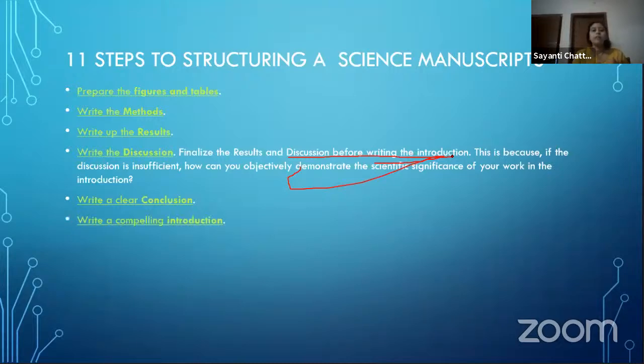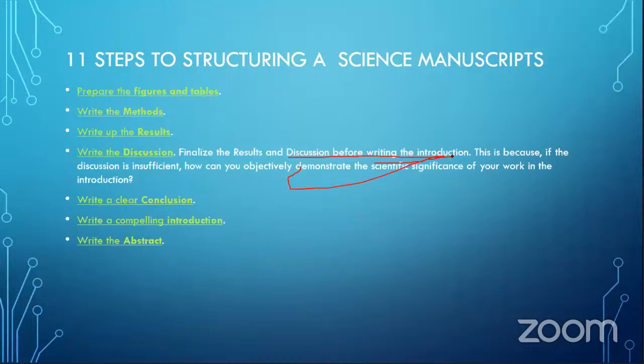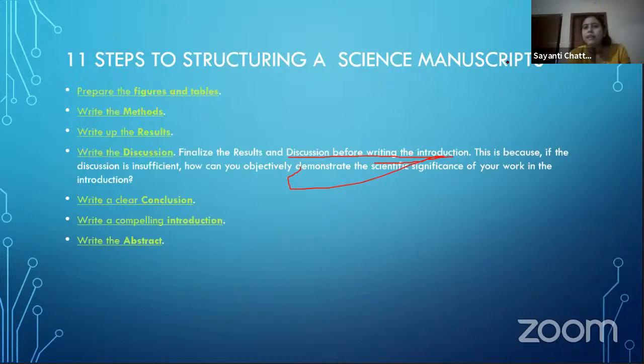Now you know your method, you know your result, you know your conclusion. Now you will write the introduction. What is the introduction? An introduction must have the literature review. Yesterday sir told how to cite. All the old works should be properly cited, and you have to write the introduction. Then after introduction, write the abstract. So this is according to LCBR, but if you ask me, I will tell first before discussion,